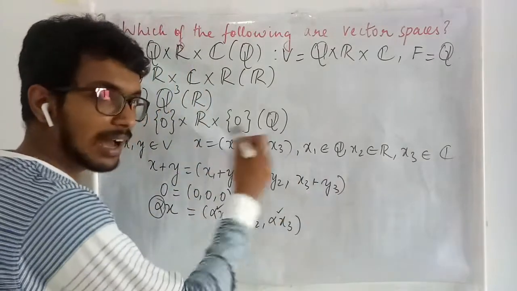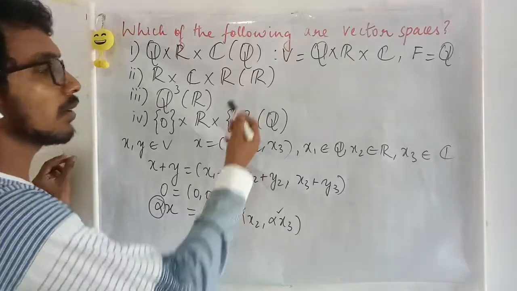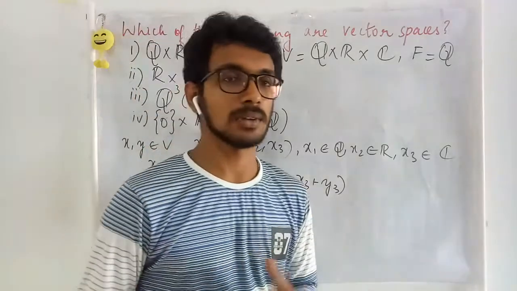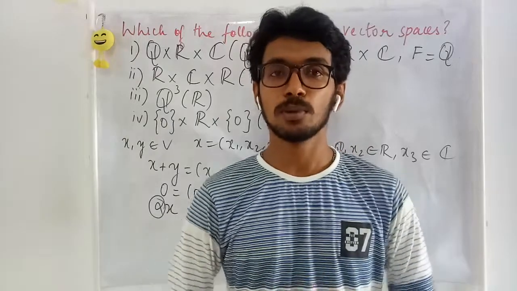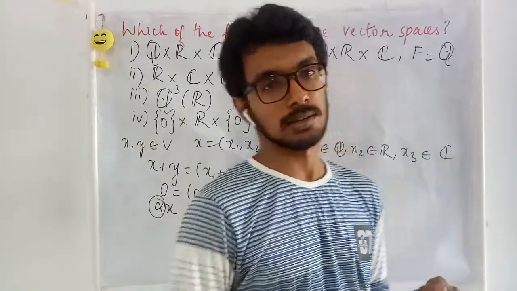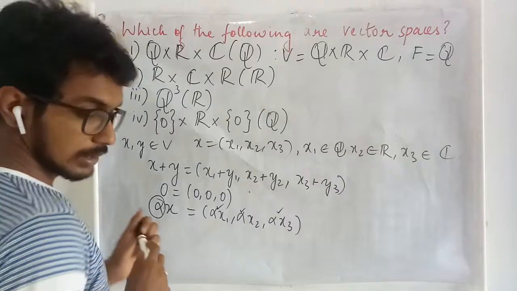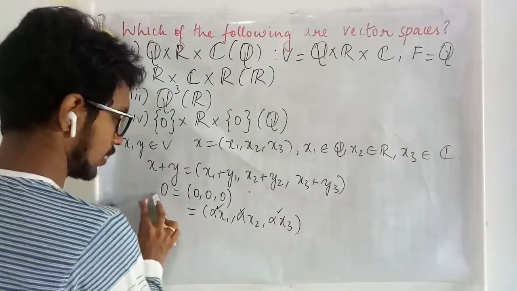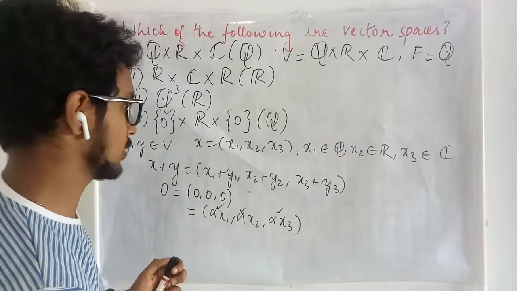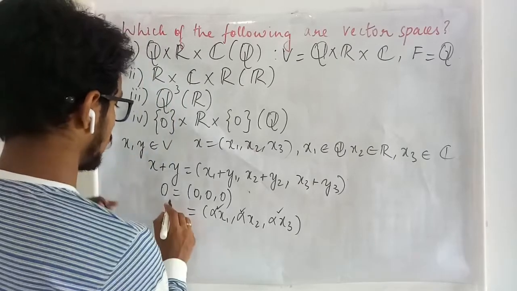So these are all valid things now, and we can check the other requirements, whether this is satisfying the conditions or not, and we can easily prove that these are satisfying those conditions. Now let us come to the third case. There also we are just making the same thing.